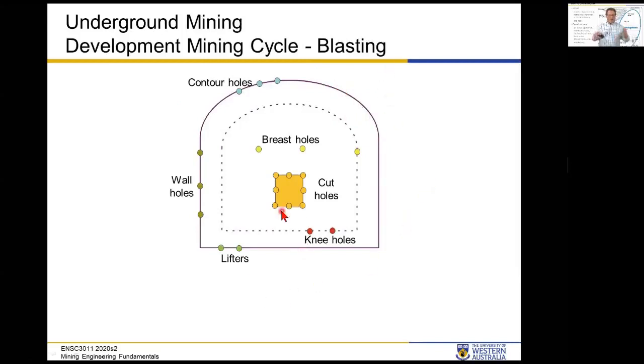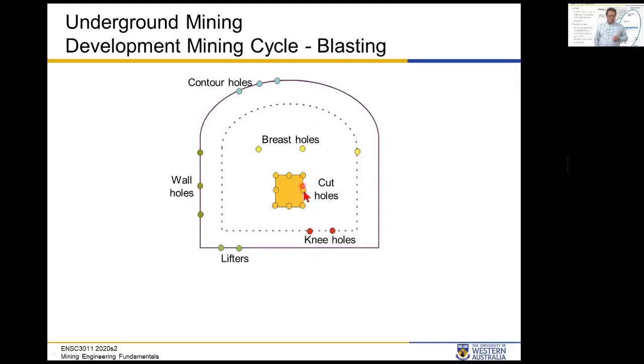And the challenge for underground blasting is there's nowhere for the rock to expand into. So with surface mining, you've got air above it, you've got air to the side, so it can swell. Here we've got rock on most sides of it. The only side is in and out of it, or in towards us, but most of it's surrounded by hard rock. So there's nowhere for it to expand into. You've got to persuade it to come towards us and also give it some initial air in which to break,